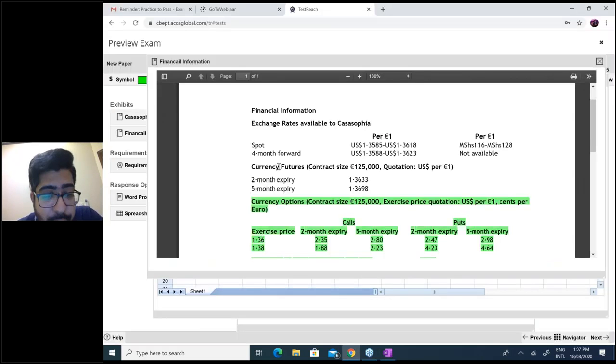Now, in front of 1.36 price, there are two call options given of 2-month expiry and 5-month expiry, and two put options given of 2-month expiry or 5-month expiry. Only one is relevant. Which one to opt? Since you are receiving in 4 months, the 2-month period would have passed. You need to ignore them. You have no choice. Always take the later one. 5-month expiry calls and 5-month expiry puts are relevant. But which 5-month is relevant, calls or puts? Traditional rule, since it's a receipt case.